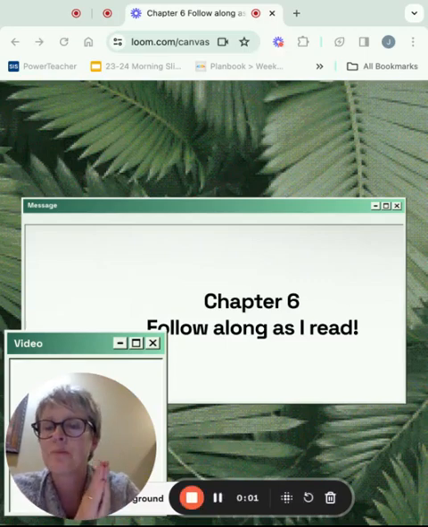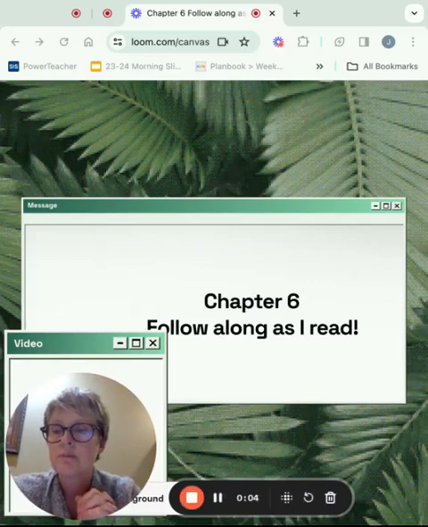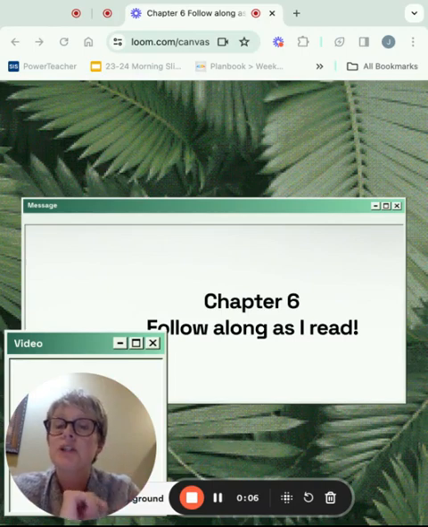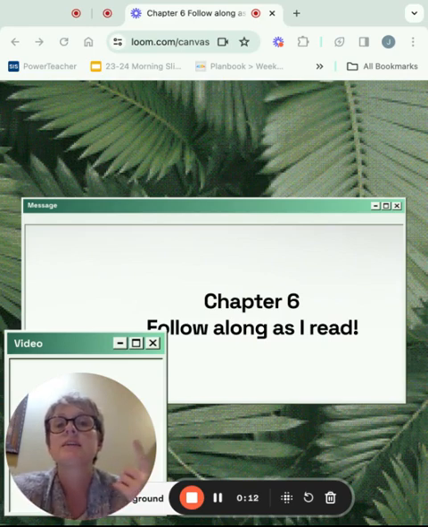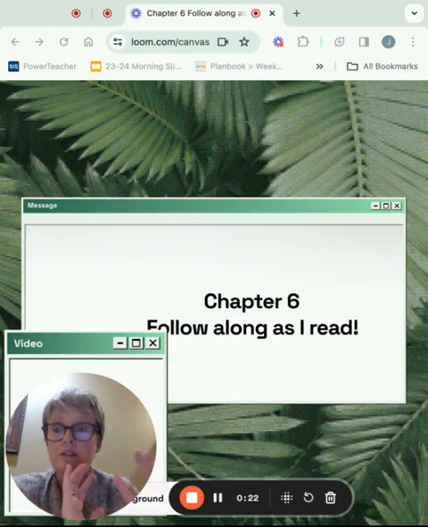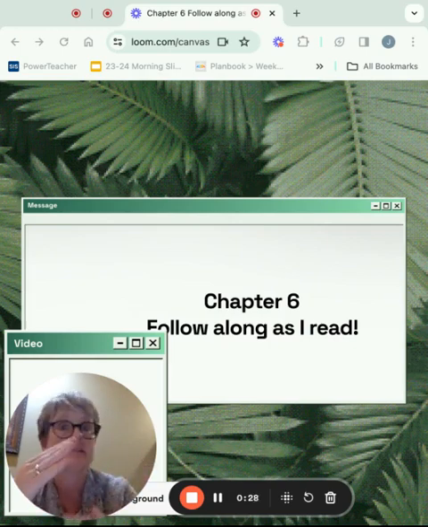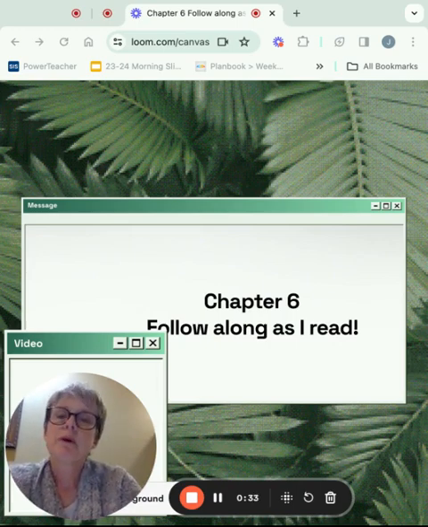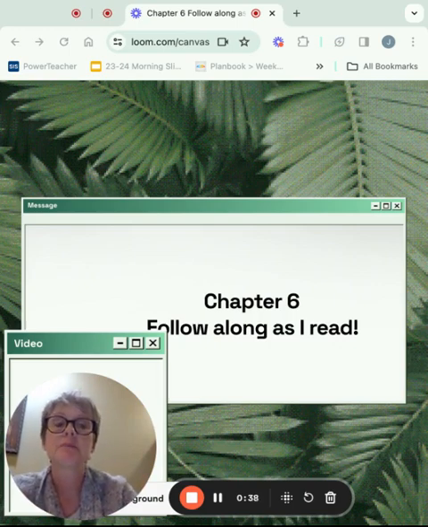All right, here we are back again. We're going to reread chapter 6 and look at it really closely. We're going to look at the details that will help us understand sedimentary, igneous, and metamorphic rocks and the rock cycle. We learned a lot about how the three types of rocks were formed and how they all go through the rock cycle, and how it's never ending. Remember our big question: how can changes in rocks over time be explained by the